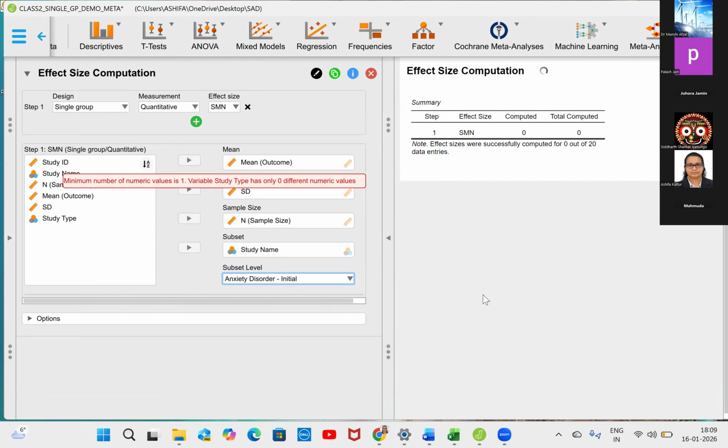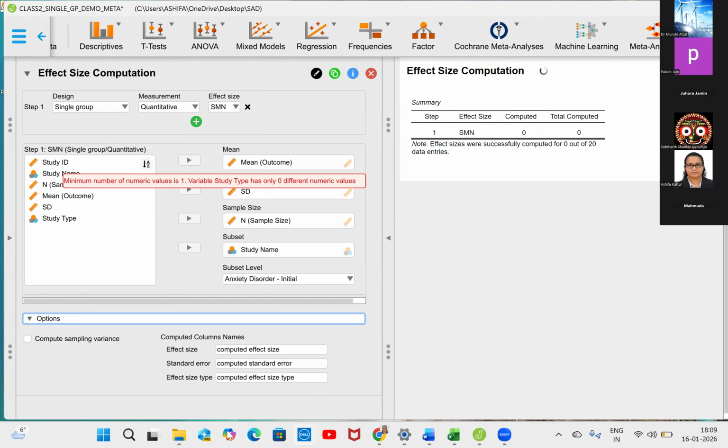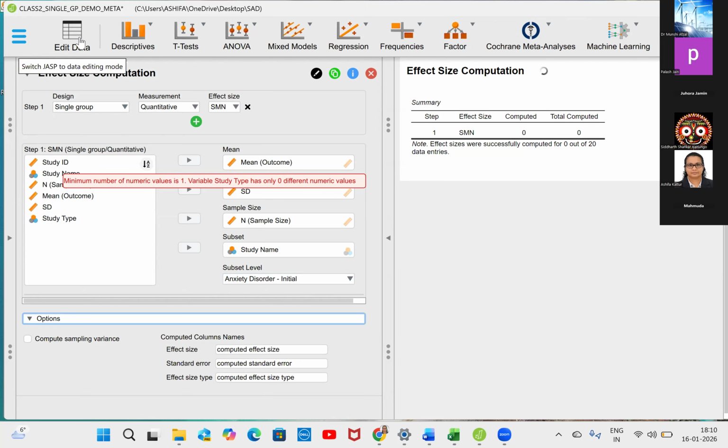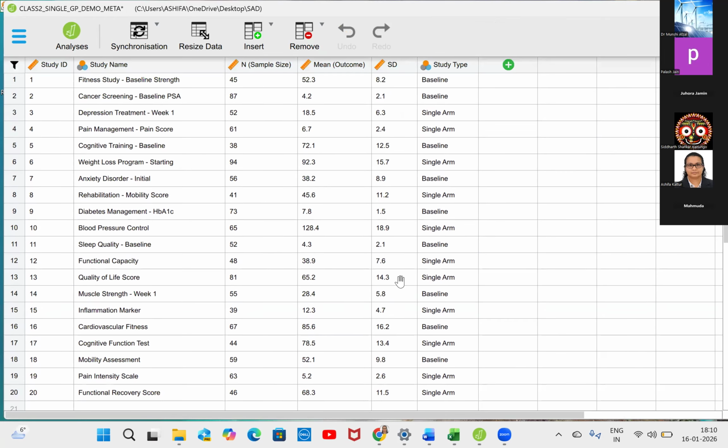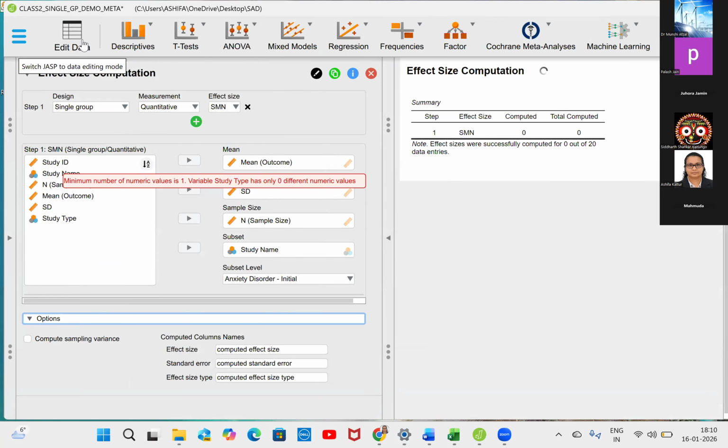go to the option just to check. Go to the option on the right hand side. Yeah, this one, option. You can see that there are some computed columns. Names will be effect size, standard error, effect size. These are the computed columns. Go to the data set. Once it is done, go to the data set. Edit, calculate the edited data. You analyze, yes, analyze. You see the data is still analyzing. I'm not sure why it is taking too long, but once it is done,